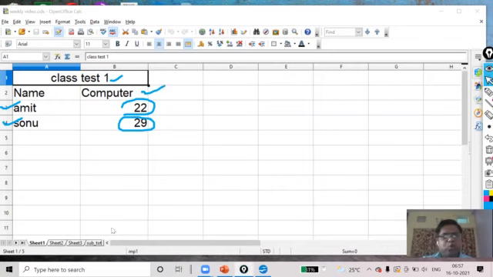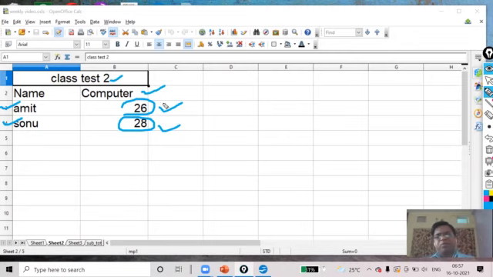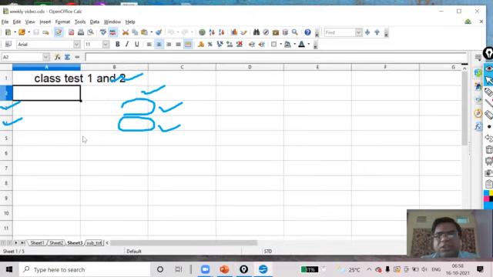Now I will show you the same two students, who got 26 and 28 in computer, but it is of class test 2 and the previous one is of class test 1. Now I want to get the sum of Amit of class test 1 and 2, Sonu of class test 1 and 2 in the third sheet.